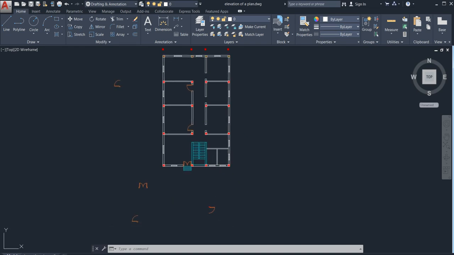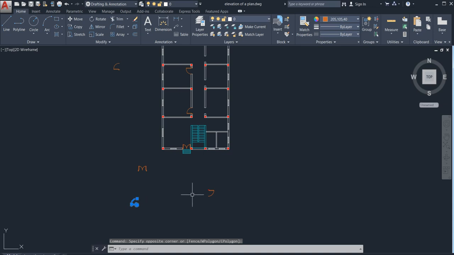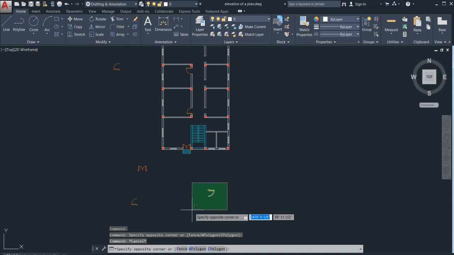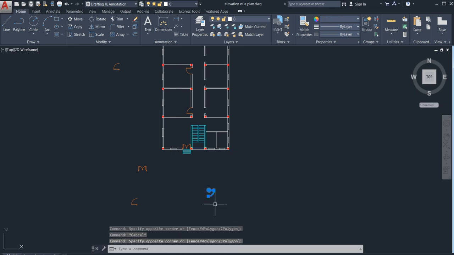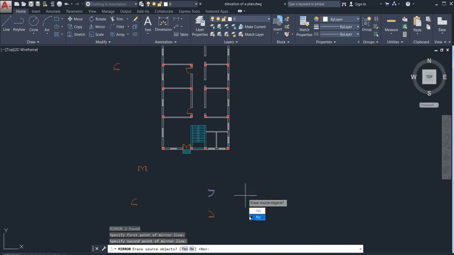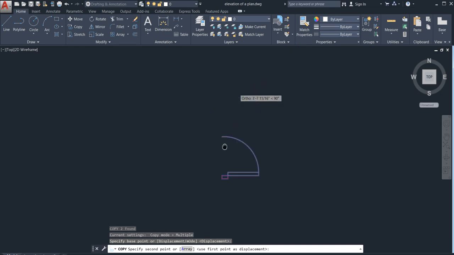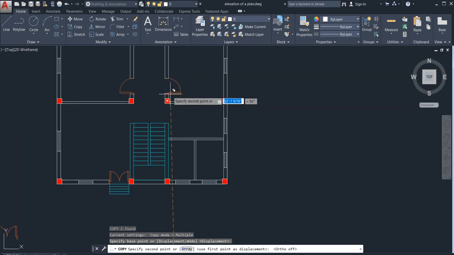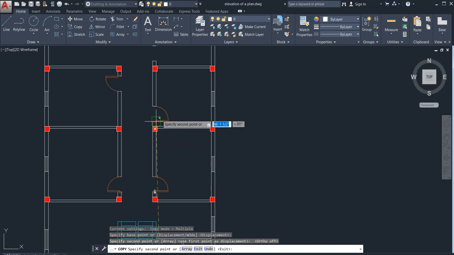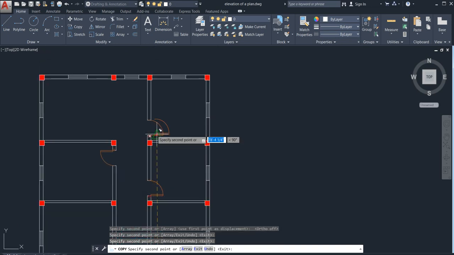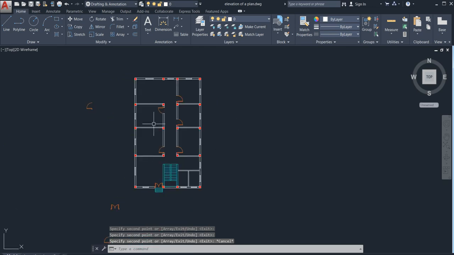After that, here go for mi command, no, just go for copy command, here. Now your ortho should be off, just select it, both these sides wherever necessary. See, we have completed with this.